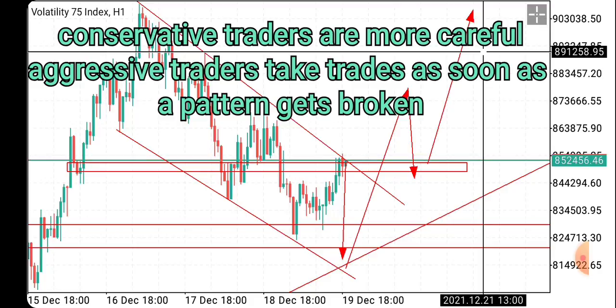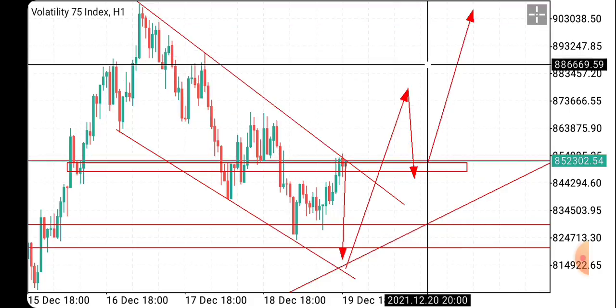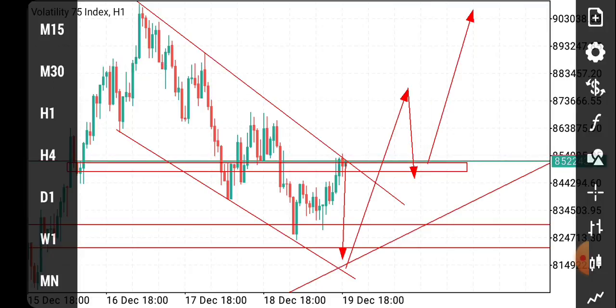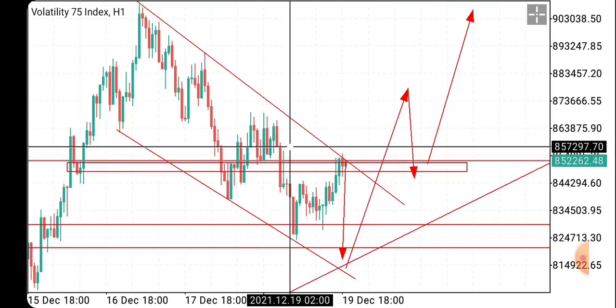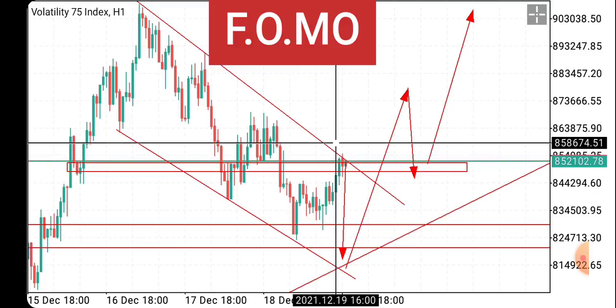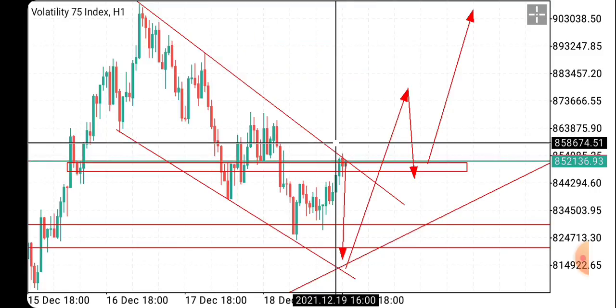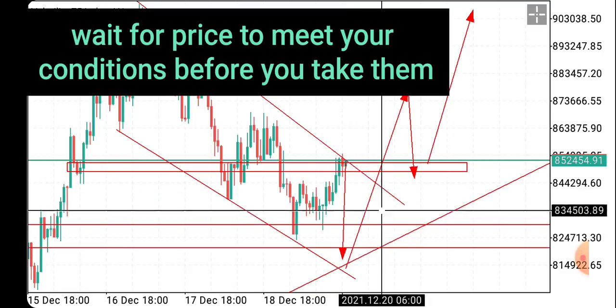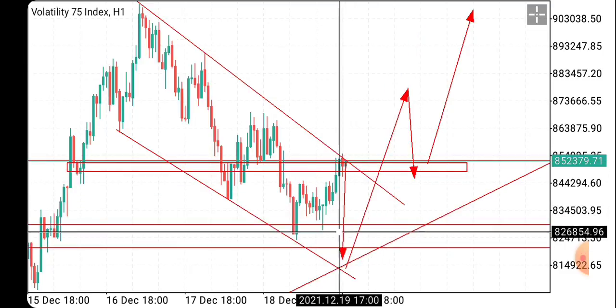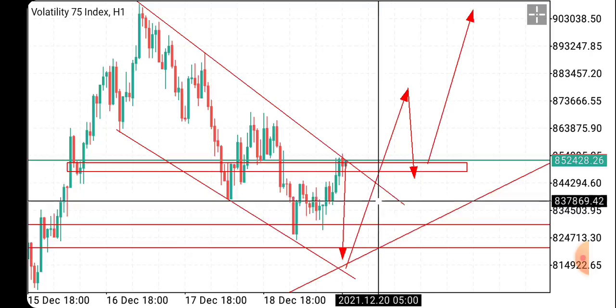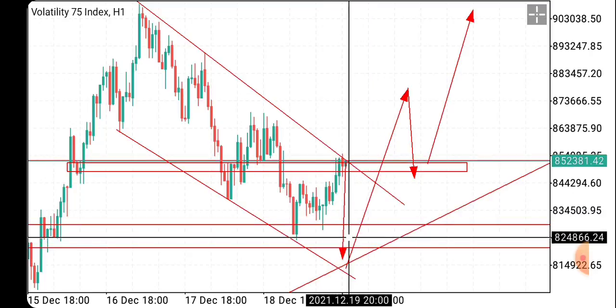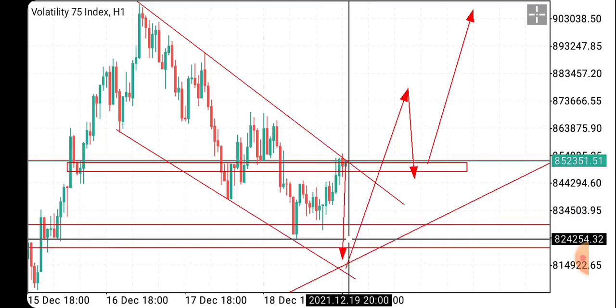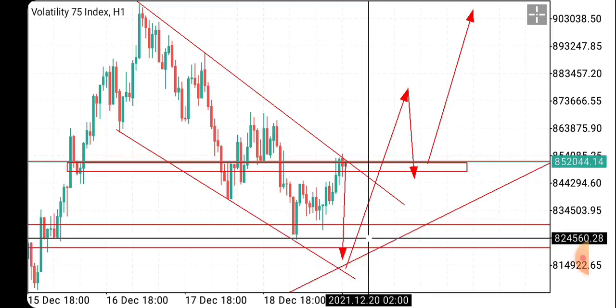Are you a conservative trader, or are you an aggressive trader? Whichever you are, you simply have to be patient. And if you do your analysis, don't be in a rush. Don't have fear of missing out. Price might move here and then form a double bottom pattern. It might form an inverse head and shoulders pattern. Whatever pattern we will be looking at around here, our target is that we are going to enter at the right time and in the right place.